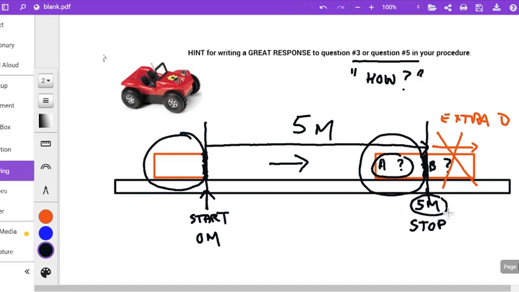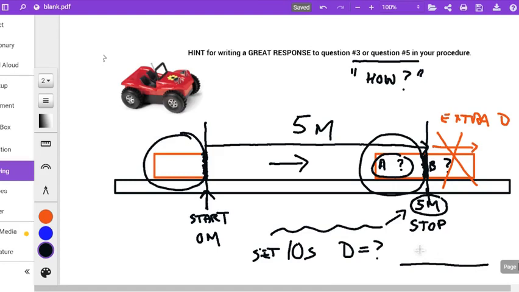Guys, the same logic applies. Maybe your experiment is a little bit different. Maybe instead of setting the distance to 5 meters, maybe instead you're setting the time to say 10 seconds, right? And you want to measure how far does the car go. So you've got to measure the distance, right? And again, if your experiment involves setting the time and you measure the distance, make sure that you are using the front bumper of the car to get the distance, okay? Don't do the front bumper for one and the back bumper on the other end of the distance